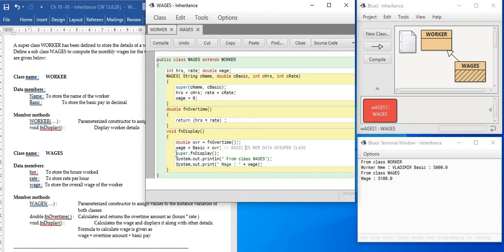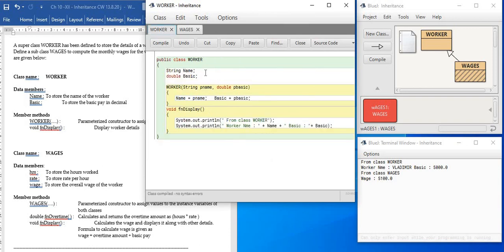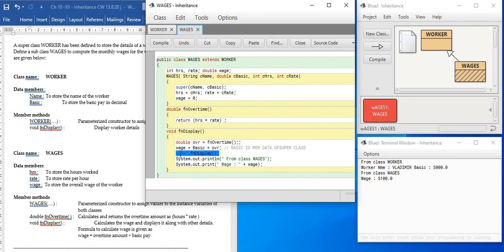And this super.display is calling the display of the superclass. So this display is available here with the help of the keyword super, and the constructor is using the keyword super to pass the members to the superclass.